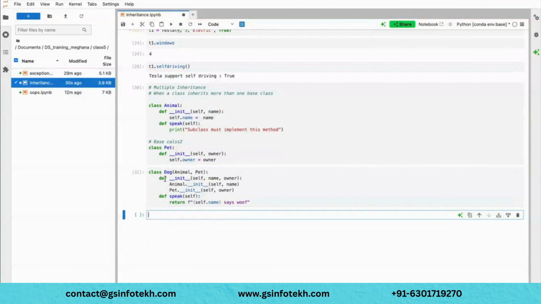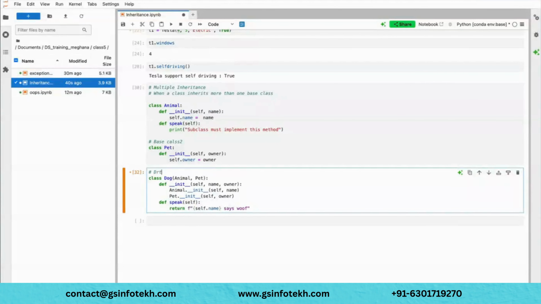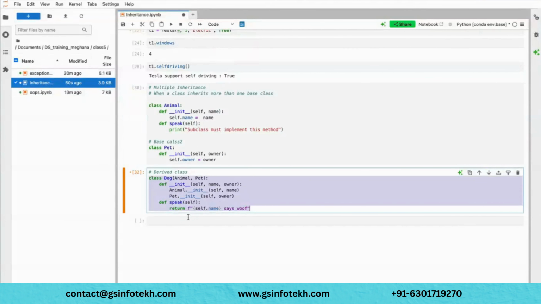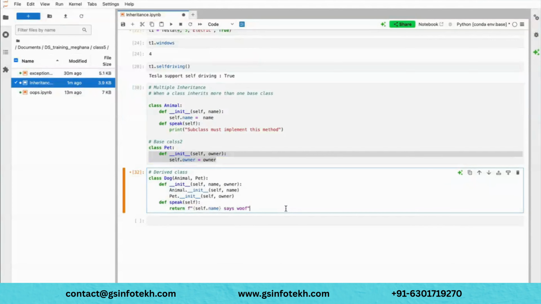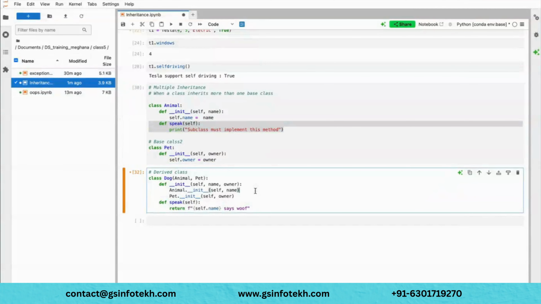So what I did here was create what we usually call a derived class. You can think of it as a derived class because you are deriving from other classes, and these are all base classes: class 1, class 2. Why we call this multiple inheritance is because you inherited two different classes, Animal and Pet. So you inherited those and accessed the attributes name and owner. And then it's just a speak method. You don't need to click here also; you can comment it, but I just wanted to show you.